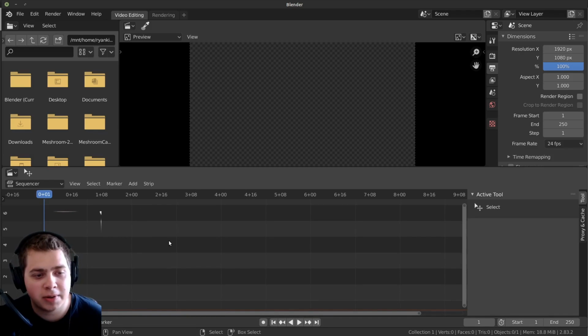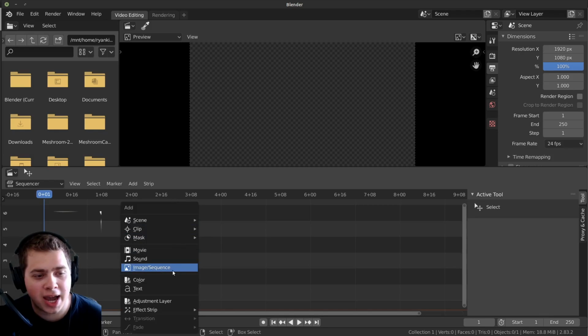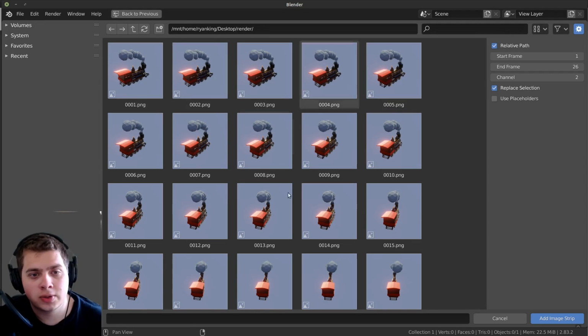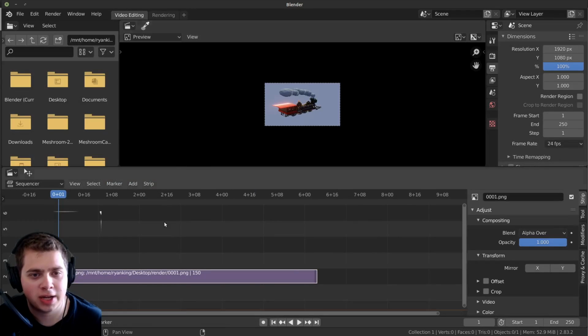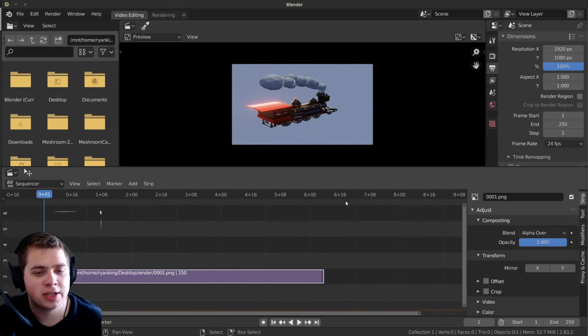So here's the timeline. I'm going to press Shift A. We're going to add image sequence. So now just locate to the place where you've rendered all the images. I'm just going to double tap A to select all the images and then click on Add Image Strip right here. So you can see here is our image strip, and you can click play and you can see it's